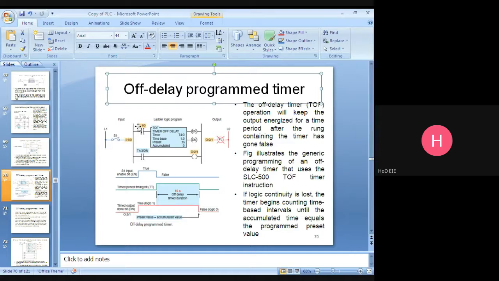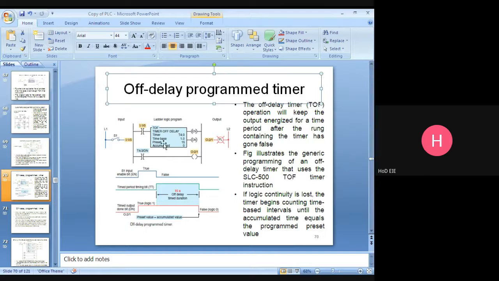Now the switch is closed. The enable bit will be enabled immediately.